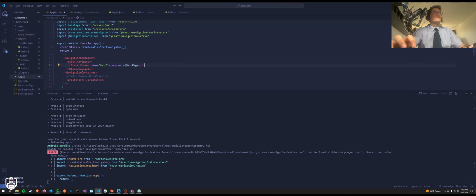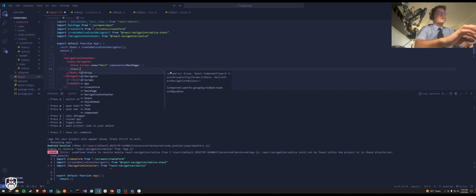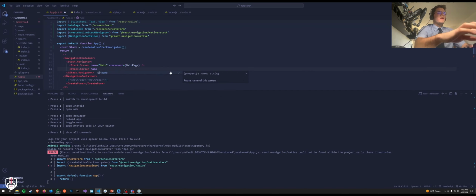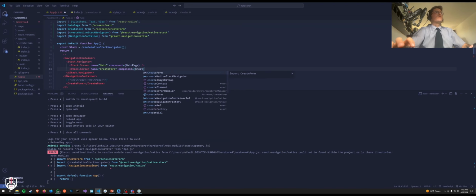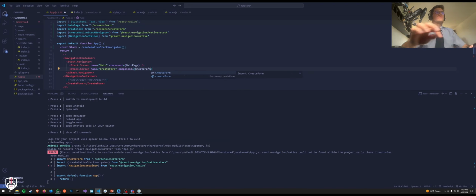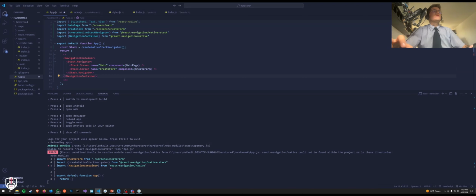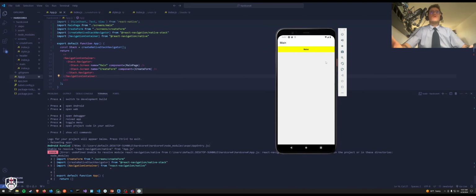And we will do exactly the same for the create form. So now Stack.Screen name equals, and let's call it create form, component equals, and the create form, we call it exactly the same, so CreateForm, and again / and close the tag. And this right here, we can just delete it. Okay, so we delete it, we save, and if we go back to our application, we will see that we have the main screen,